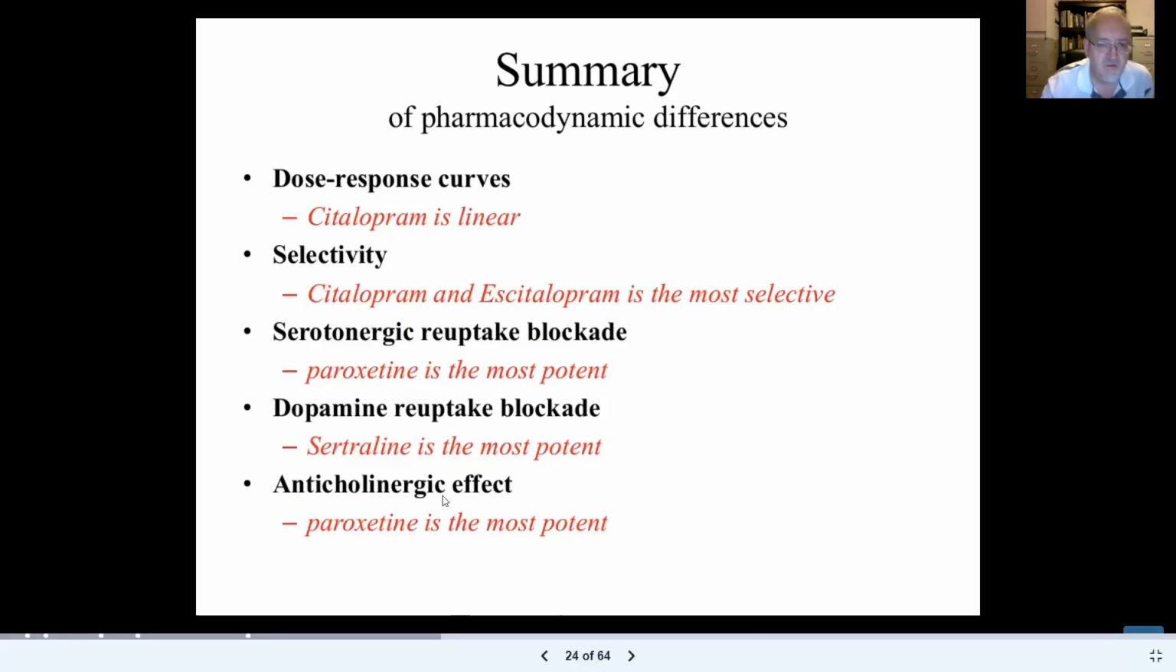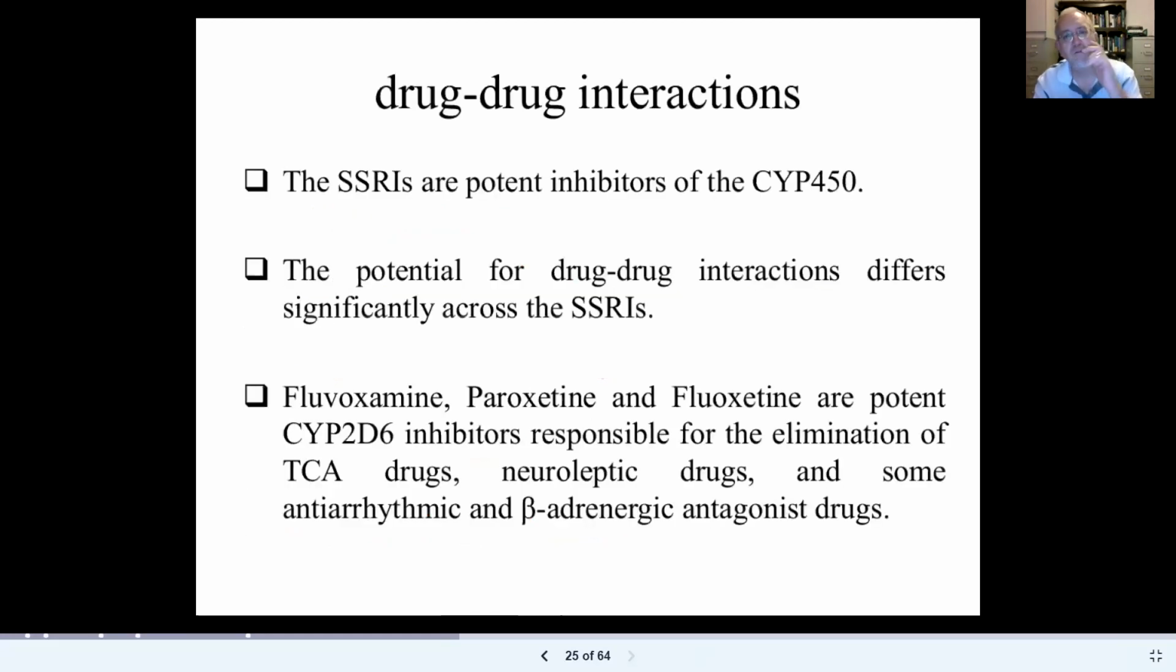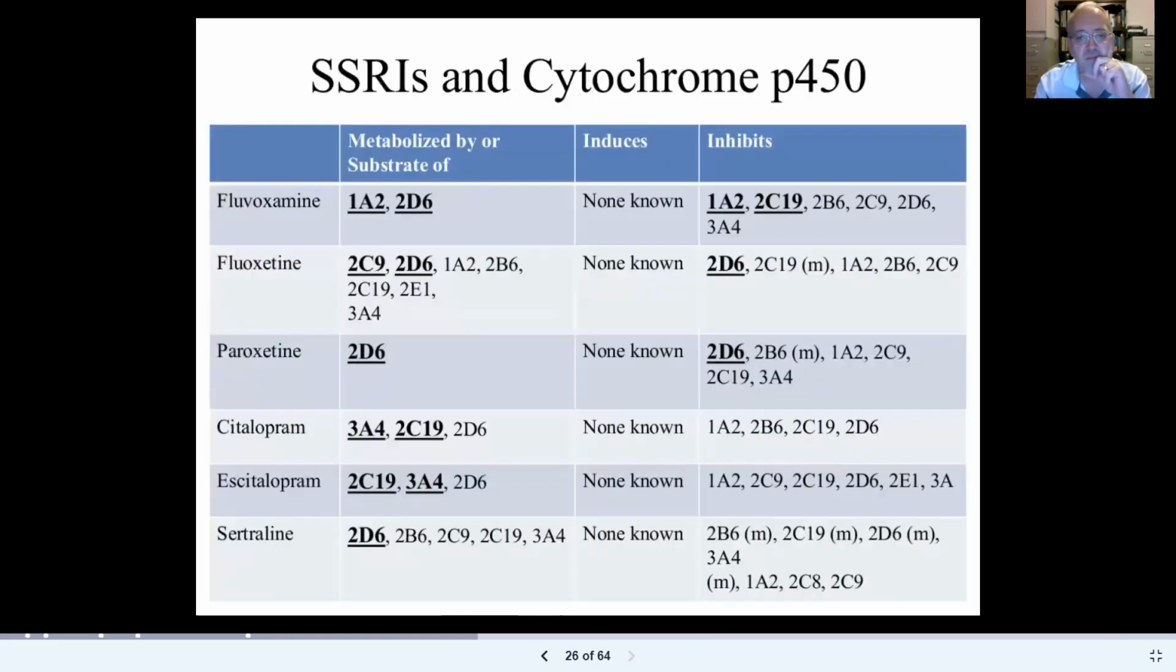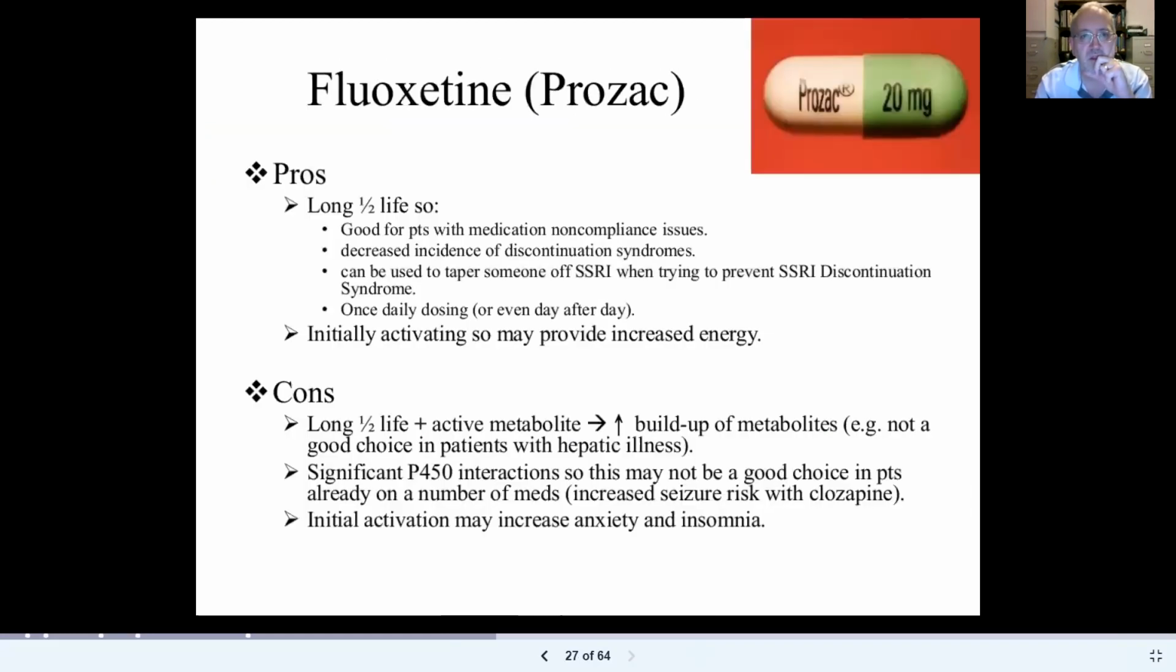This is just the anticholinergic. The reason why the anticholinergic effect matters is because anticholinergics can cause some side effects. So basically what this is saying is that this medication is the most likely to have a side effect when taking that medication. So I'm going to skip some of these, I mean, some of these are just very specific